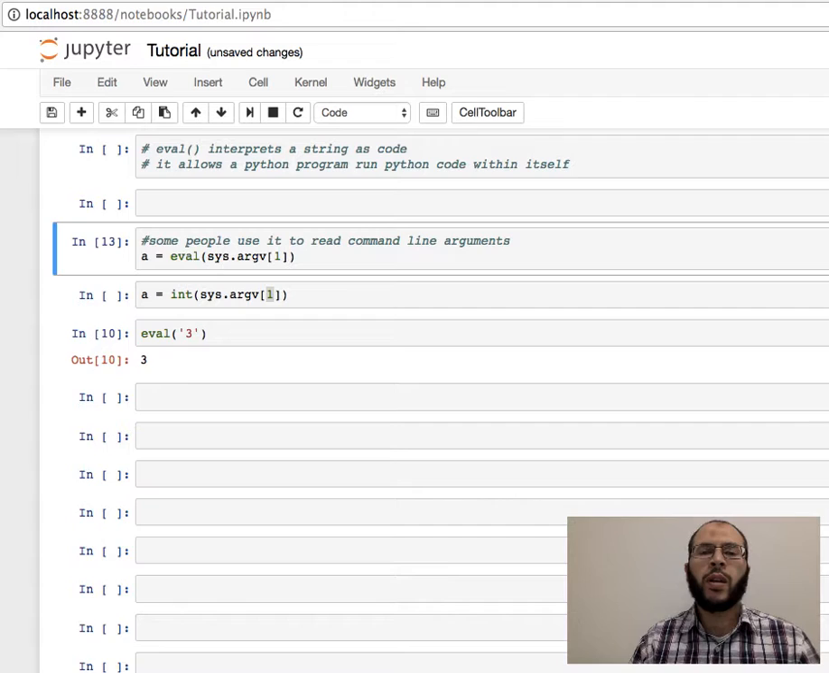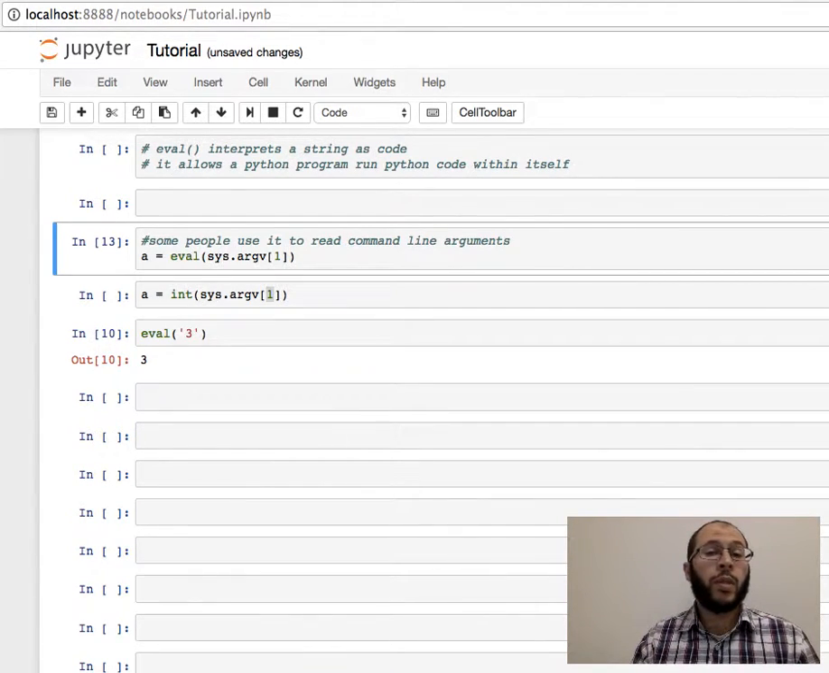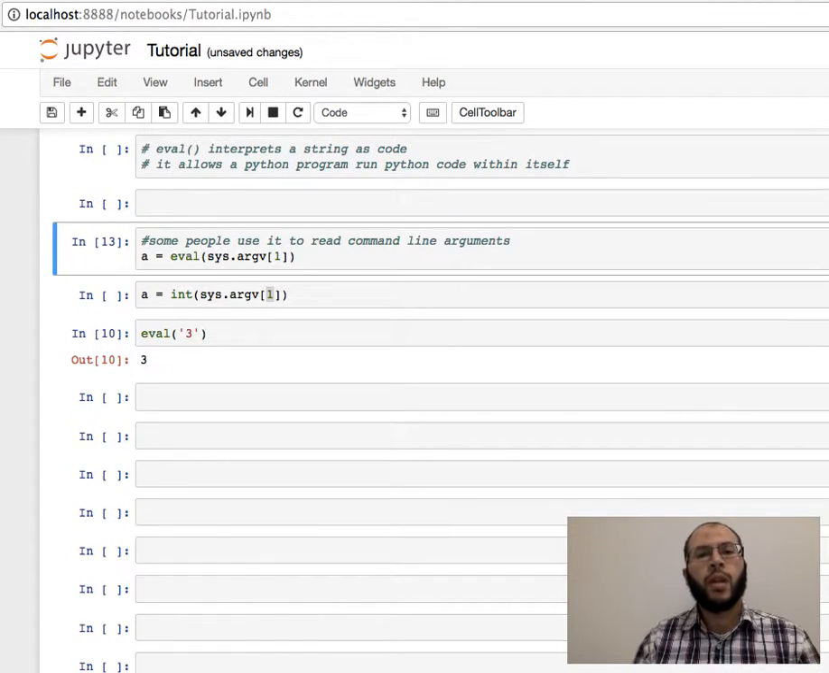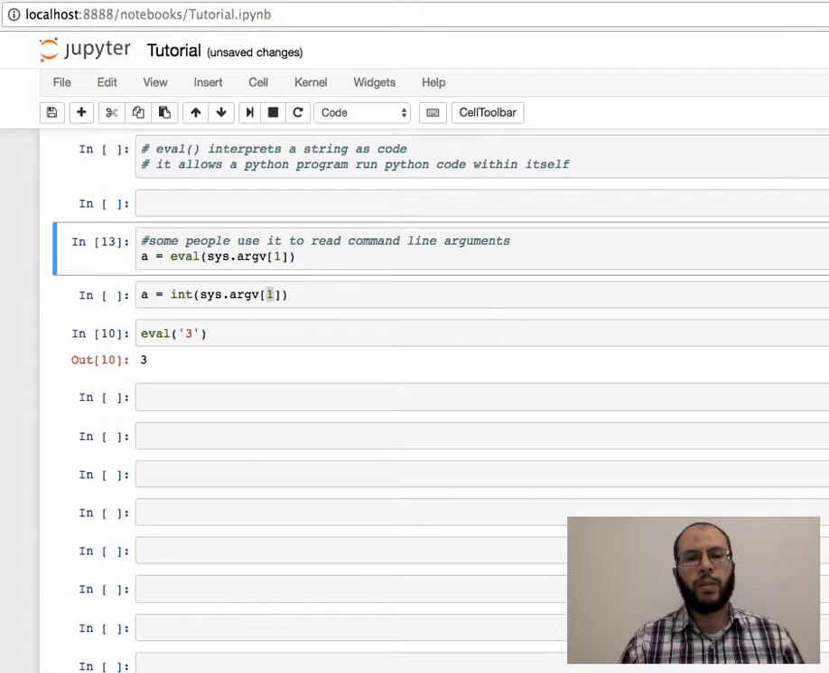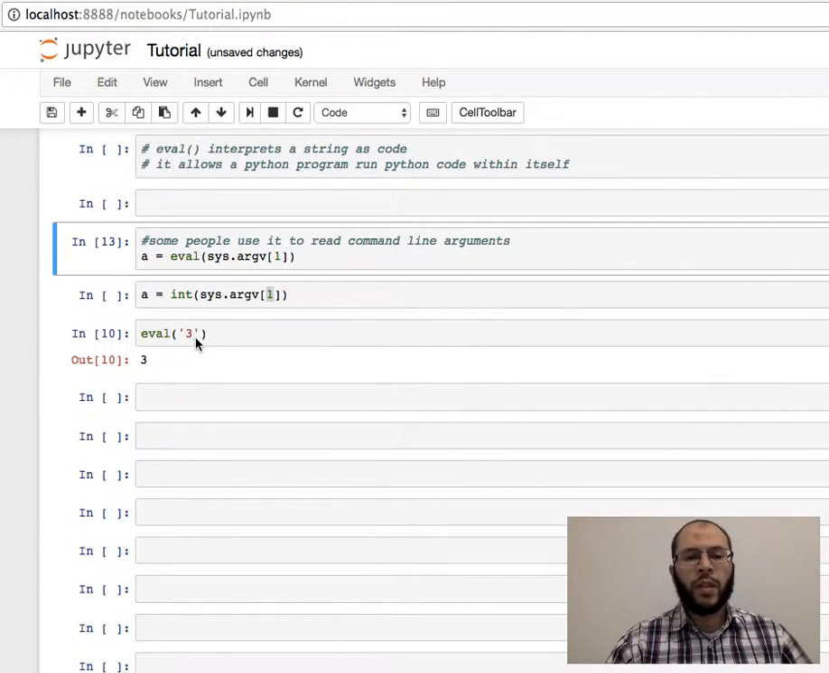In this video we're going to be learning about the eval function. This function interprets a string as code. So what it does is allow us to run Python code inside Python code. To take an example, if you look at this